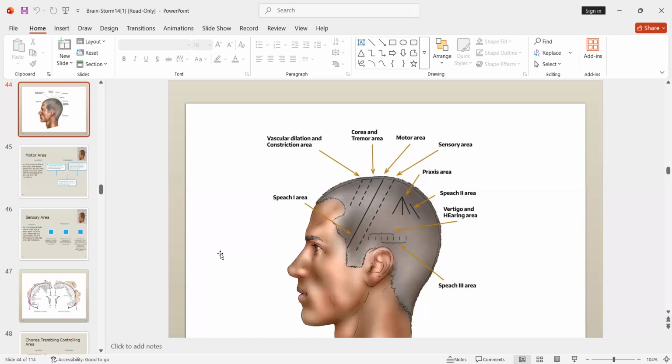Then from the motor area, 0.5 centimeters posterior to the motor area is the sensory area, and it's still divided into 5 parts, just like the motor area, with the same description. The first 2/5 is the lower part of the body, then the lower part is now the upper part of the body. Then for speech area